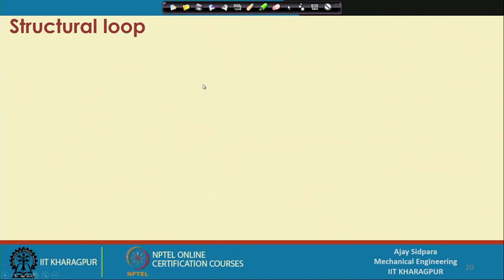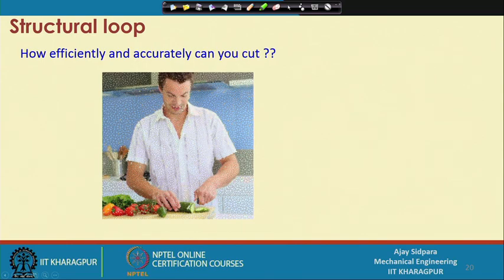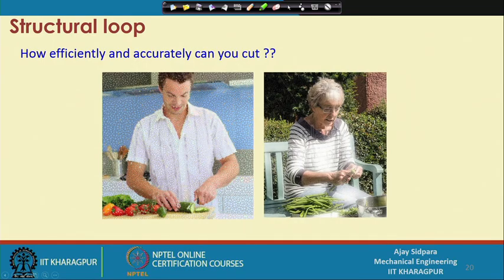Now, coming to the structural loop. So, what is this structural loop? For understanding this, let us take one example of how efficiently and accurately you can cut. Now, there are two persons, one is a very young guy and the other is an adult, and both are cutting vegetables here. Now, what is the problem here? You can understand that when we become a little bit more aged, there is a problem in our